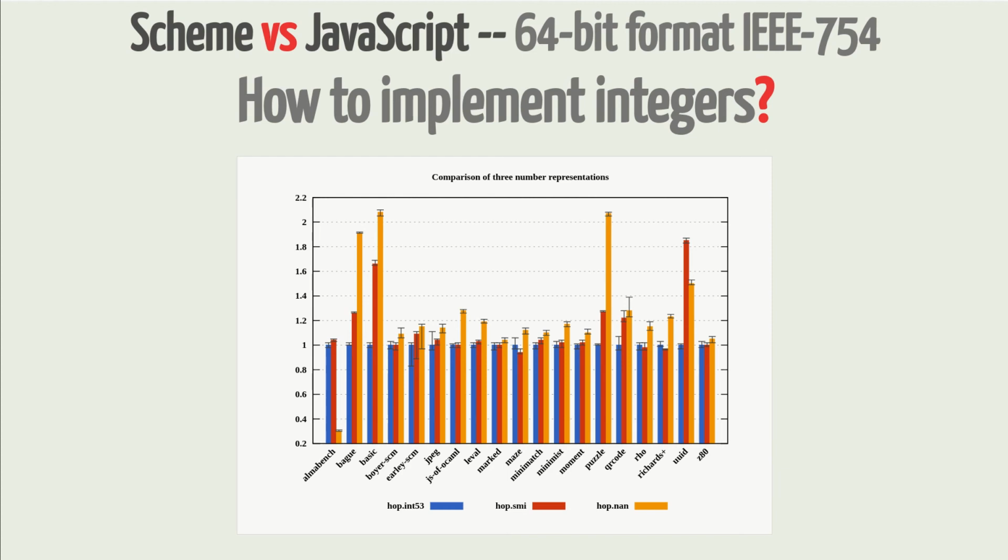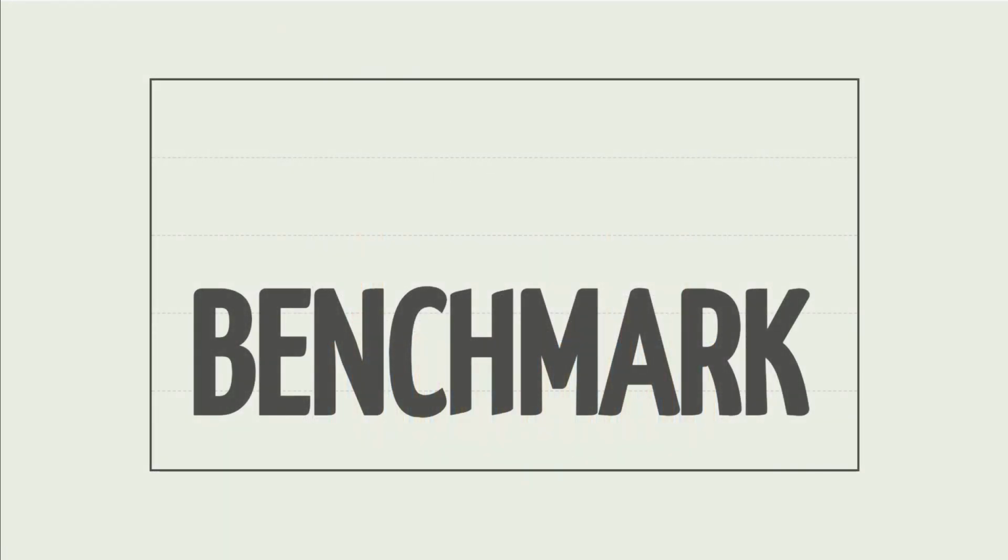The 2 other encodings, SMI and Int53, deliver close performance but with an advantage to Int53. This is because Int53 takes advantage of an IEEE 754 peculiarity. Above 2 to the 53, only even integers can be represented. In consequence, incrementing an Int53 index never overflows into floating-point numbers. Let us now present some benchmark results.